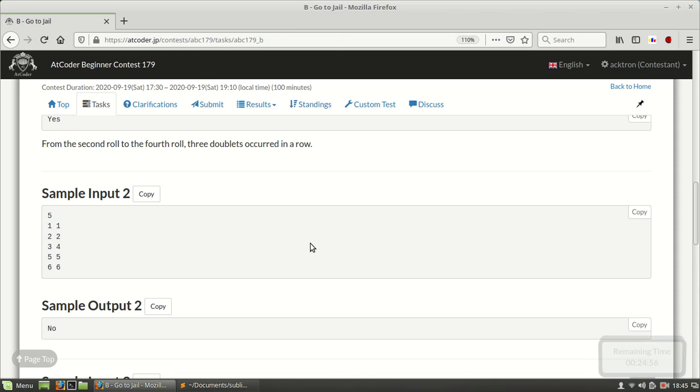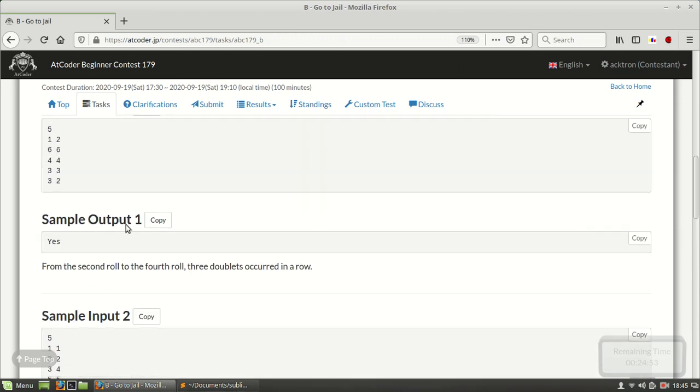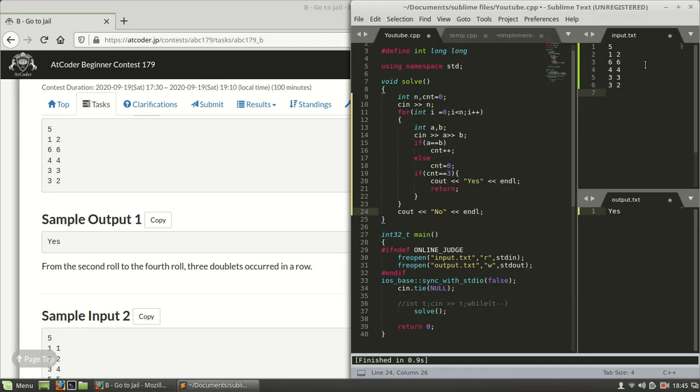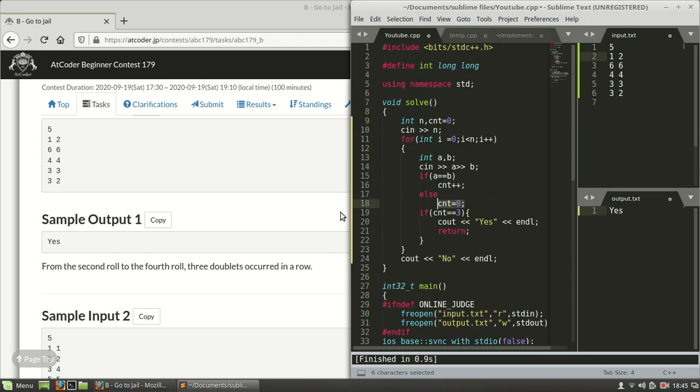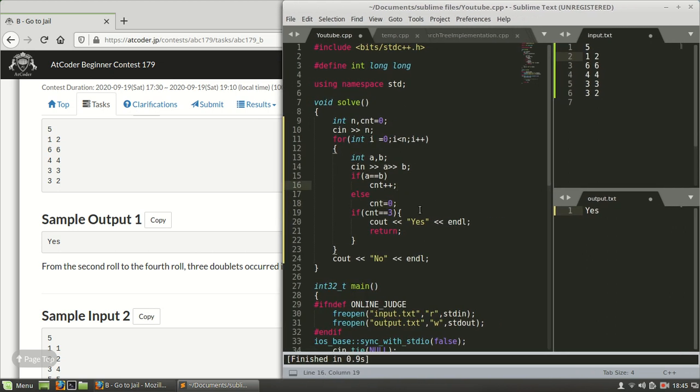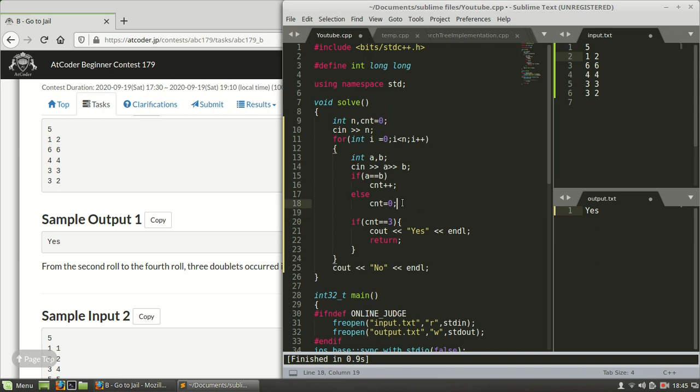Suppose we input 2 and 1. They are not equal, so count is equal to 0. The second time we run, a is equal to b, so count is incremented to 1, but count is not equal to 3.